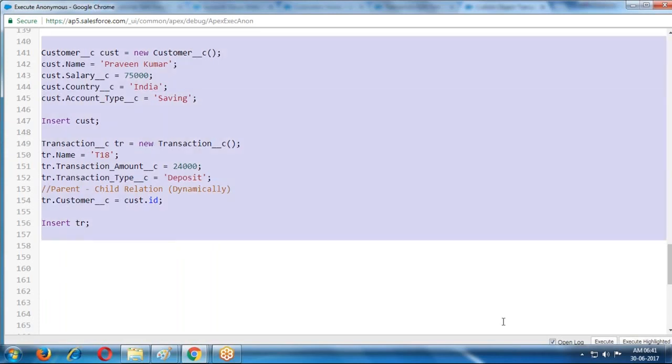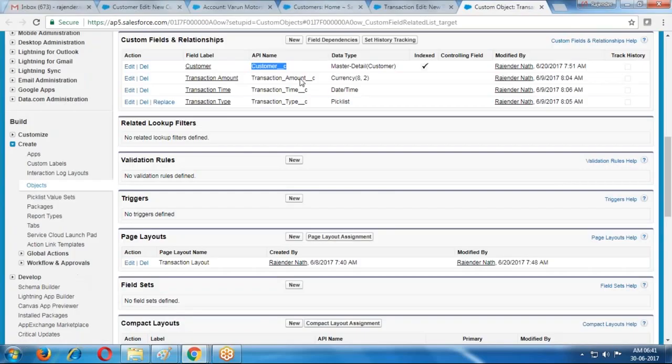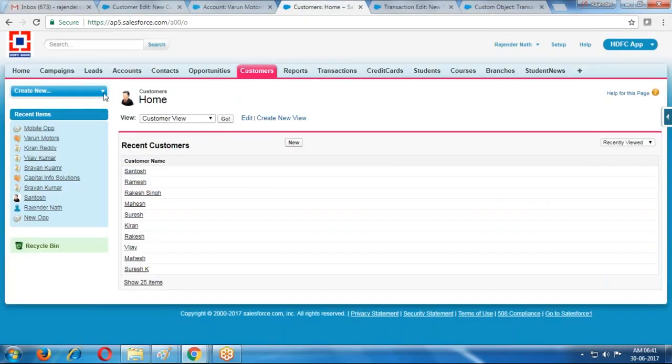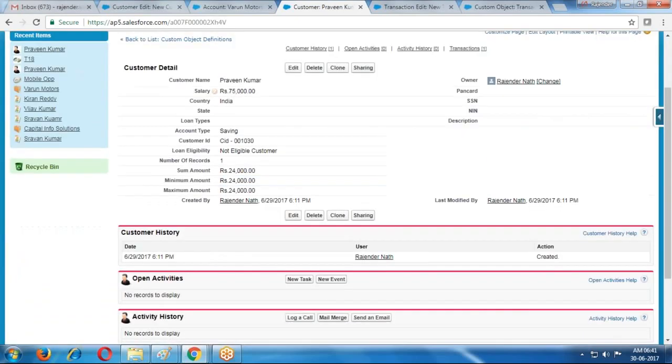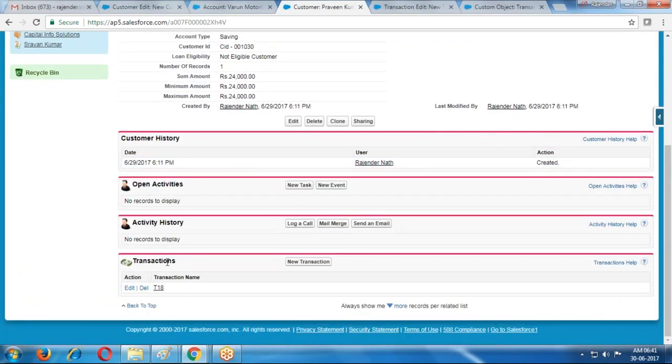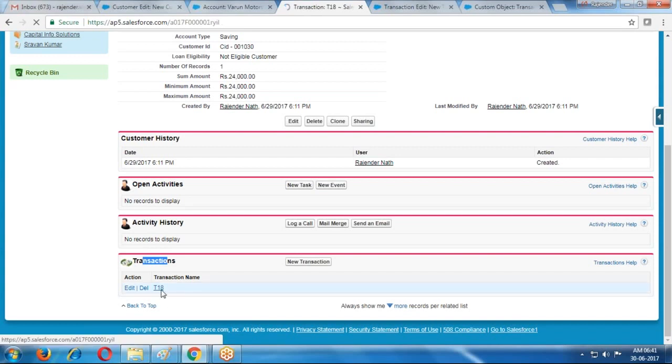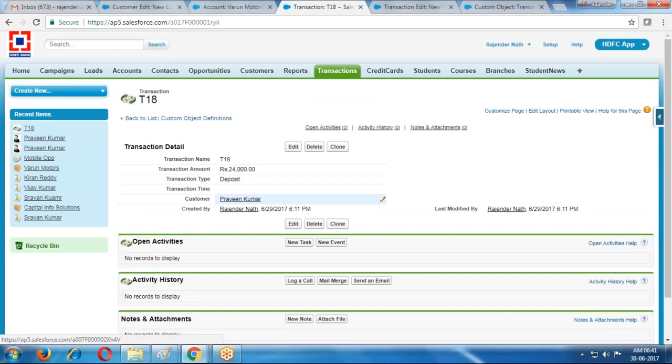Now I am creating one more record. If I open the customer Praveen Kumar, for Praveen Kumar there is one transaction, T18. If I open T18, Praveen Kumar is the parent.